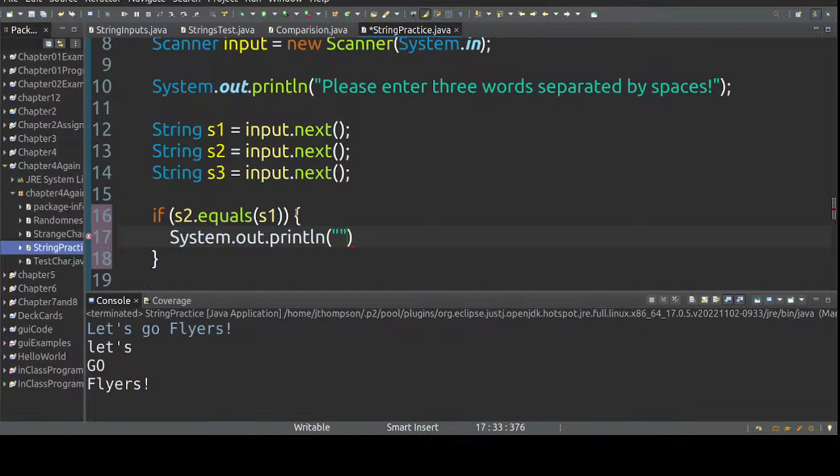Alright, so how do I want to print this? I guess I'll say S1 plus equals